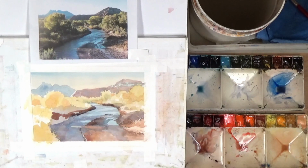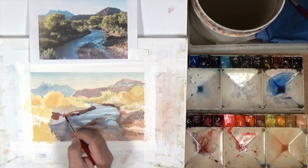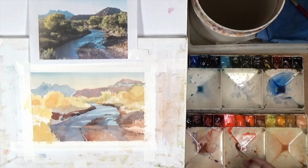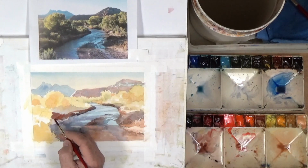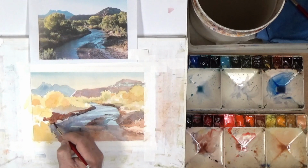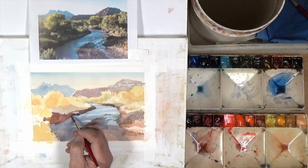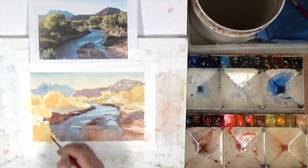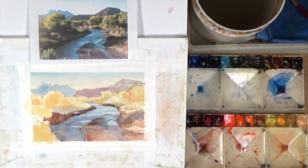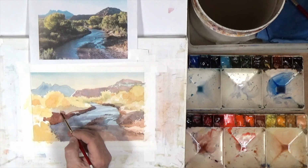Can't resist the urge to just touch it here and there. But knowing that these trees are going to be so much darker than they are right now. Right now that dark looks pretty dark, but it won't be as we continue to pursue this. Okay, now I'm getting the sandy areas in, and that's why I'm using the red, because when I get up in the trees, they'll be a darker gold and green. But down here in this part,